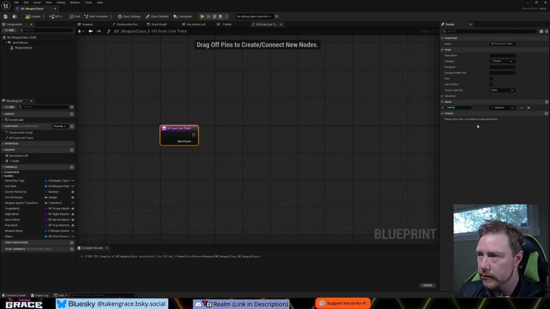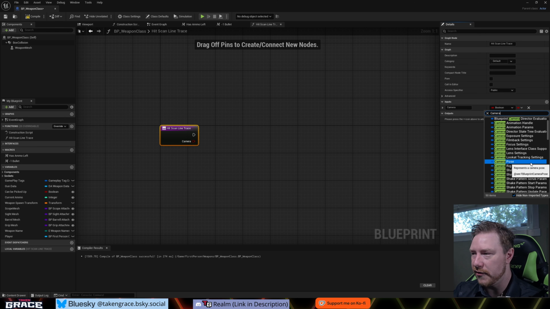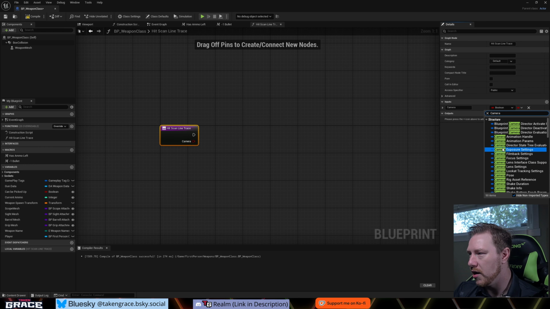Okay, the reason we need an input for a camera is because this is going to affect aim down sight later. Because obviously with our hit scan line trace, we're going to add some bullet spread and stuff like that. But if we're aiming down sight, we don't want that bullet spread, right? So anyways, camera